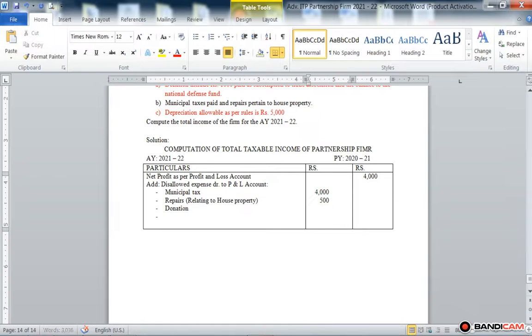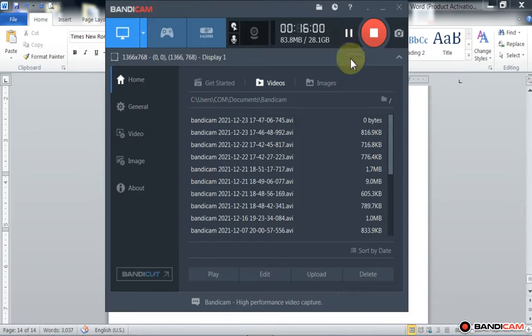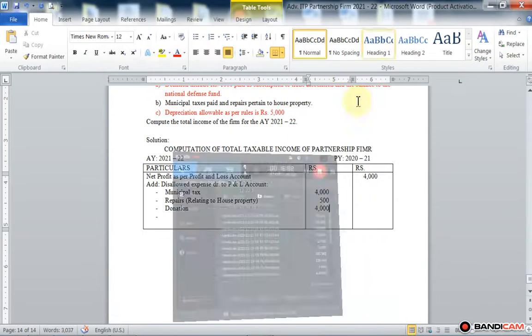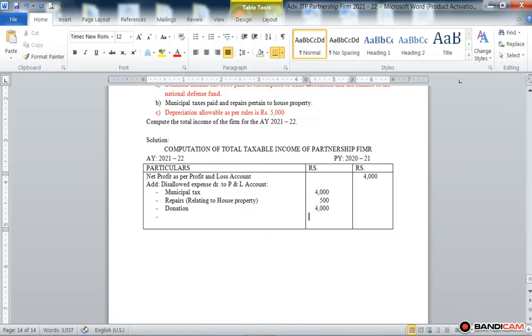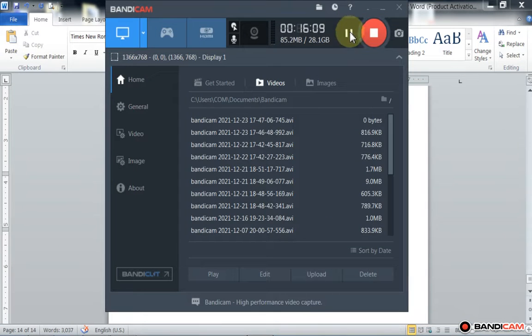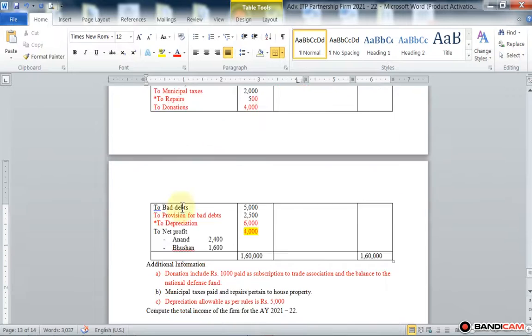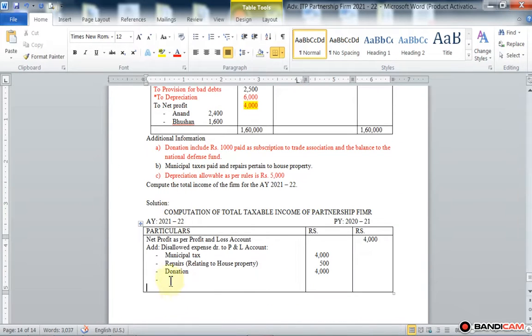Then next expenditure, that is provision for doubtful debts,